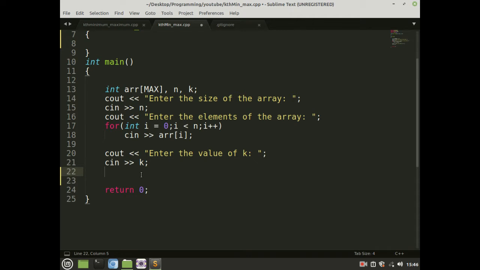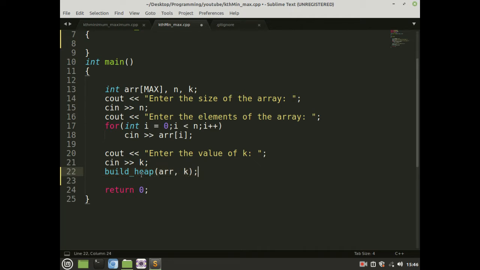To form a max heap from the first k elements of the array, we will make a function build heap. This will take the pointer of the array and the size of the heap, and this function will make the heap for us.